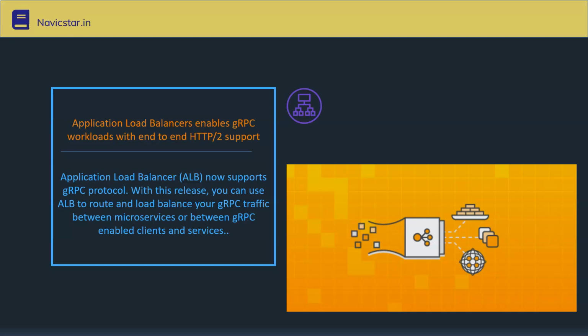For example, if I have an application web page which has one microservice for the user interface, one microservice for sale, and one for payment, which are handling the single application all together and talking to each other internally. Now you can put all of these behind your application load balancer. When you create an application load balancer, it will support the gRPC protocol, and then you can put the microservices behind it.